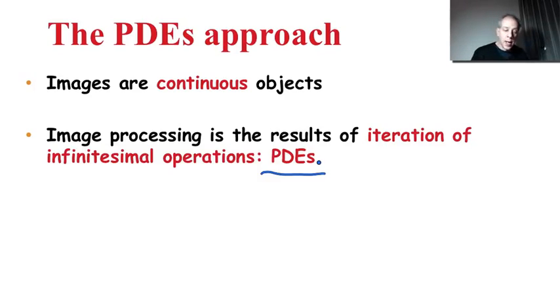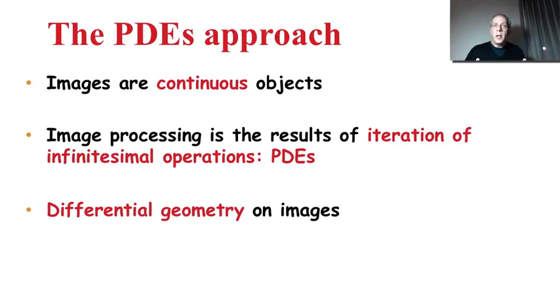Don't worry about that. The key concept is here. Images are not discrete objects, images are continuous. So go and develop all your algorithms like you're in the continuous domain. Treat images as continuous objects. And then you can do partial differential equations. You can also do differential geometry. Tools from continuous mathematics, all of a sudden, are valid and powerful for discrete image